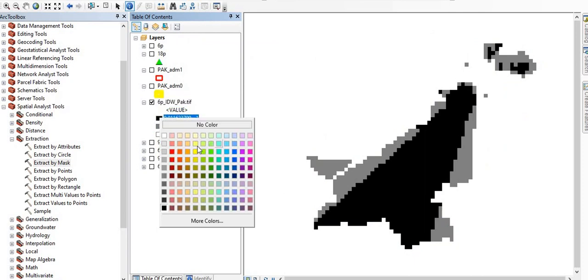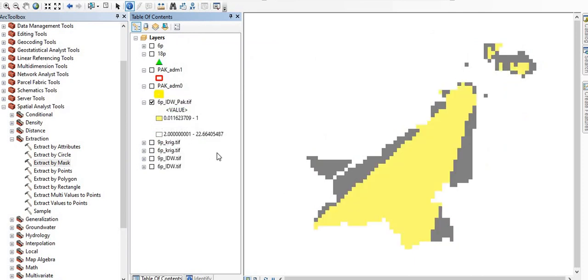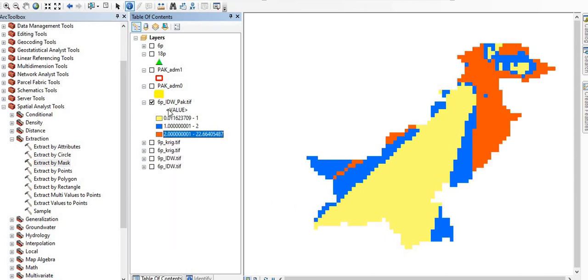So 0 to 1 is yellow, 1 to 2 millimeter is blue, and 2 to 22 is red. It depends upon you how you create it. You can rename the labels: just click one time, and after 3 or 4 seconds click again, and you can erase the value. You can also name it for suitable mapping purposes.